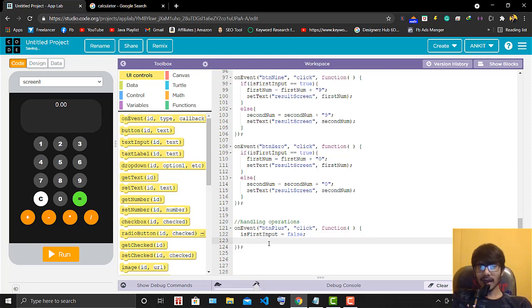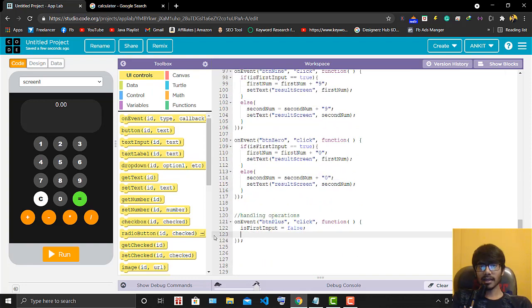Okay, now after this we need to display what is happening. We need to perform the operation. So I will make another, like if we are adding, then it should add, right? When we are just clicking this 8, then it should know that we are adding 4 plus 8 or 7 plus 8 or anything. So we need something to tell our program that we are trying to add now.